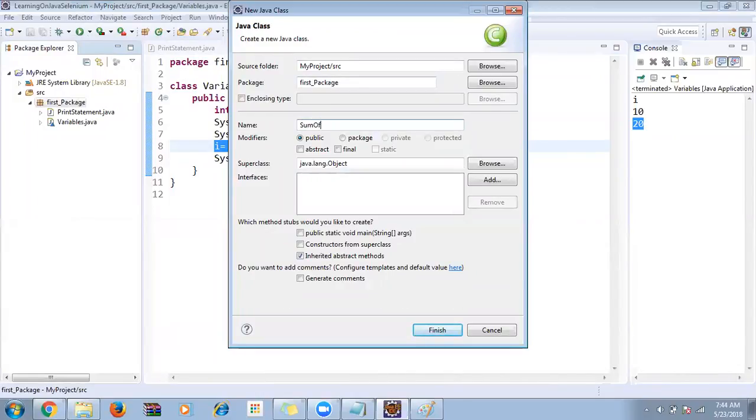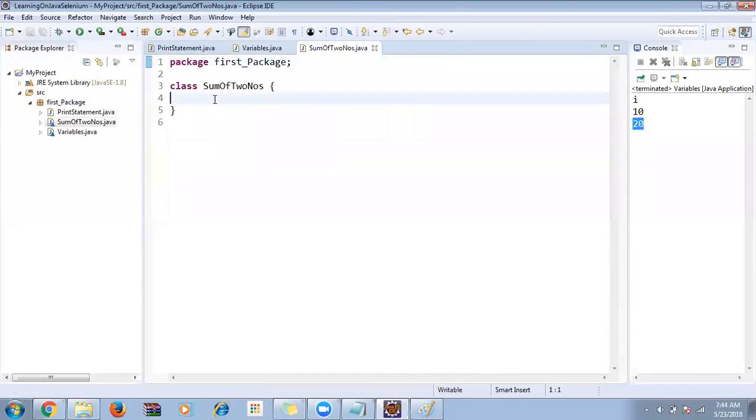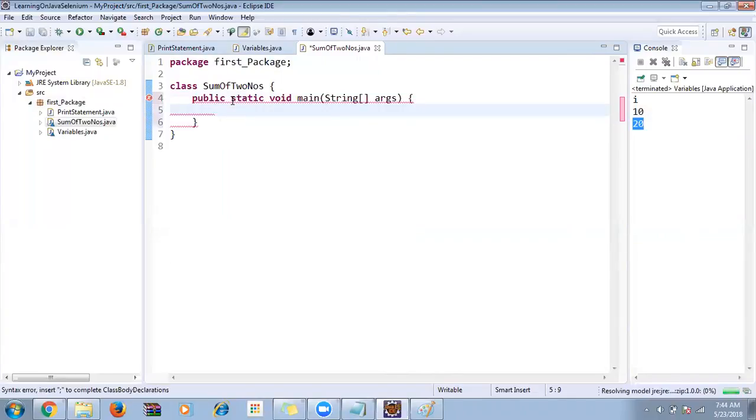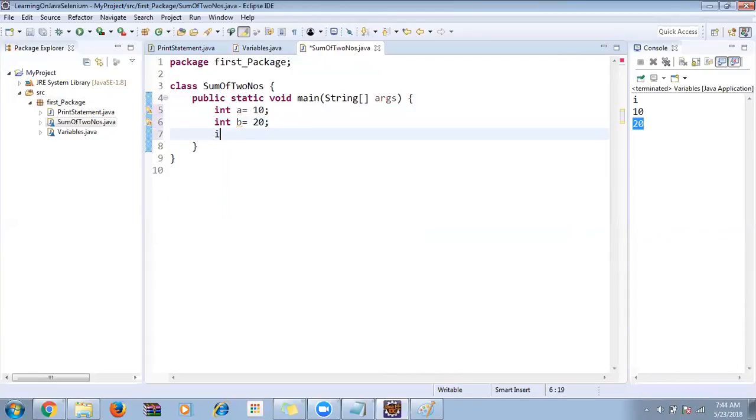sum of two numbers, I will just give. I'll make this package, then I'll click on finish. If I don't have a main function, main control space enter. Now I have integer a is equal to 10. Integer b is equal to 20. Now I will give a is equal to b plus 20. So like this, I'm doing a calculation